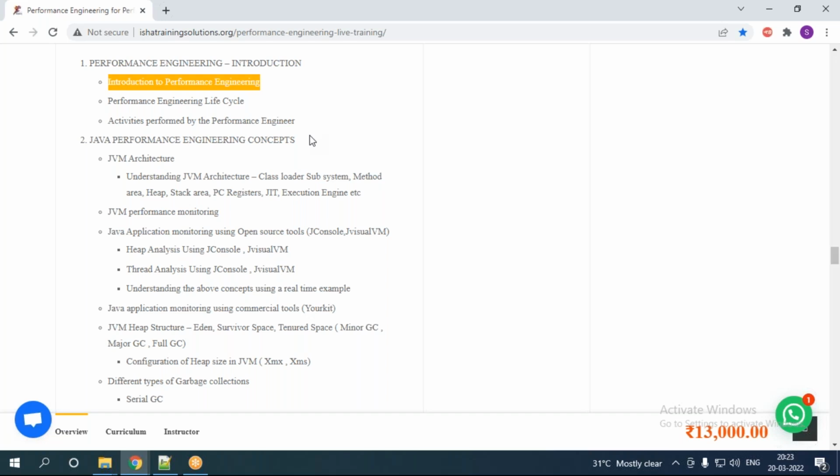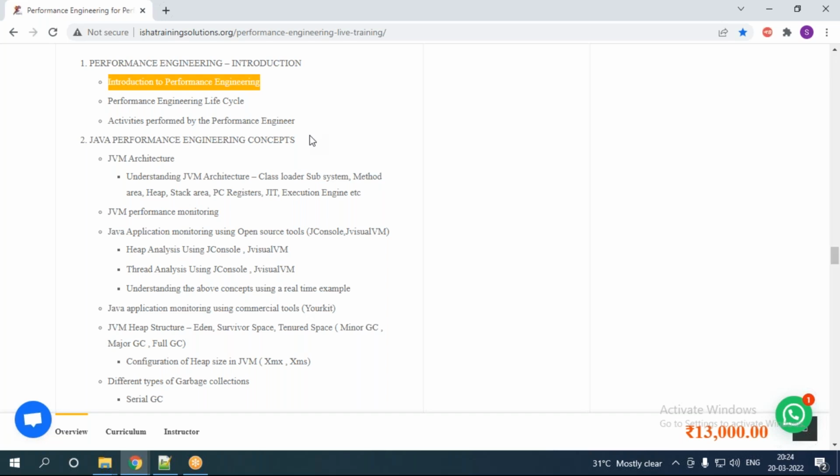Okay, so the next important topic is your performance engineering life cycle. For any activity that we do, there is a life cycle. Say development: software development life cycle, SDLC.